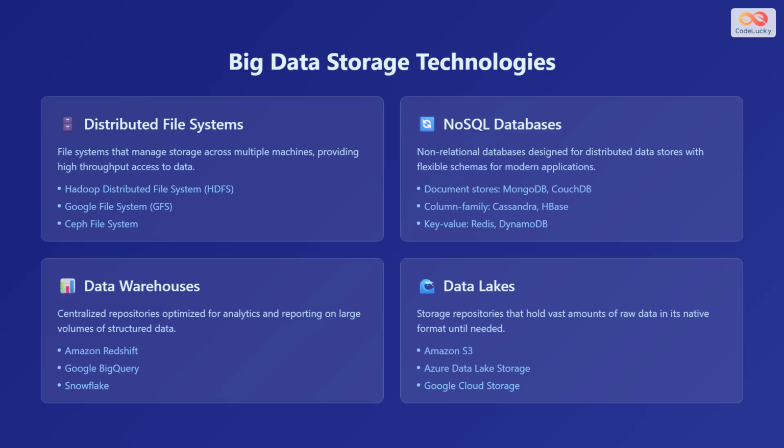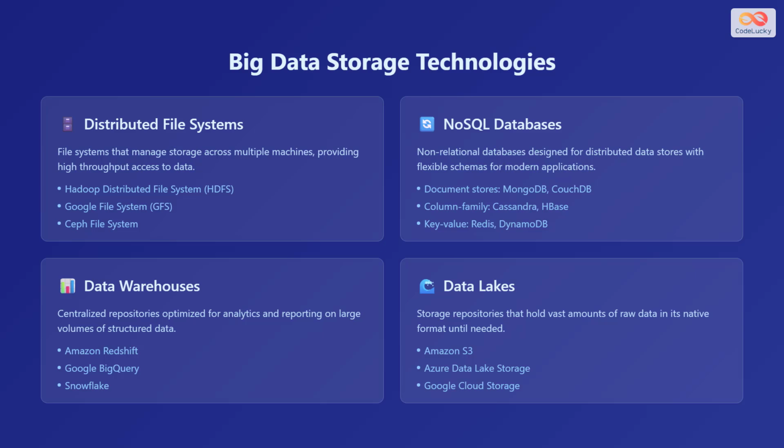Big data storage technologies include distributed file systems, which manage storage across multiple machines, providing high-throughput access to data. Examples include the Hadoop Distributed File System, HDFS, the Google File System, GFS, and the Ceph File System. NoSQL databases are non-relational databases designed for distributed data stores with flexible schemas for modern applications. These include document stores like MongoDB and CouchDB, column family stores like Cassandra and HBase, and key-value stores like Redis